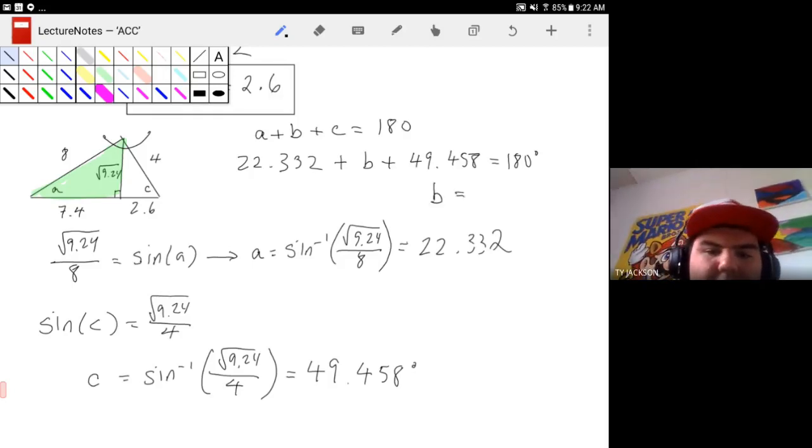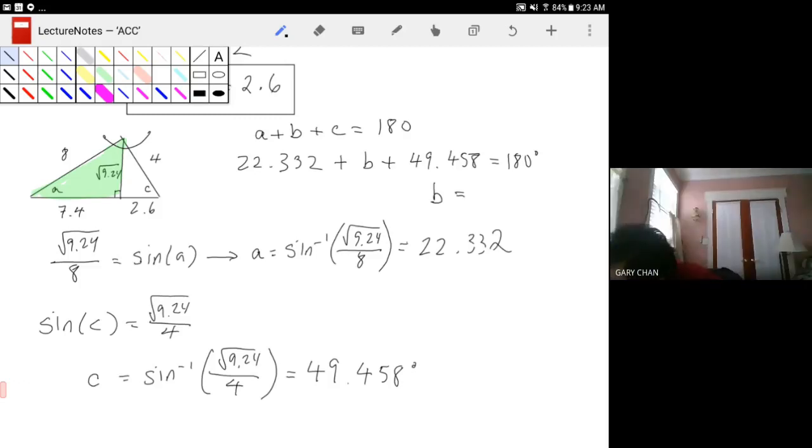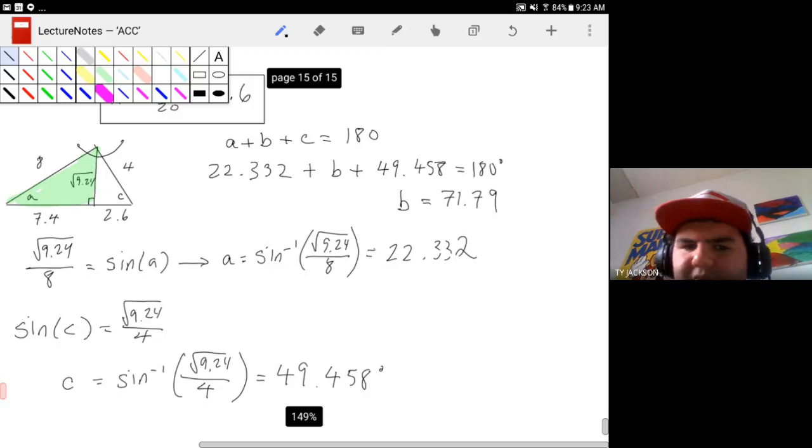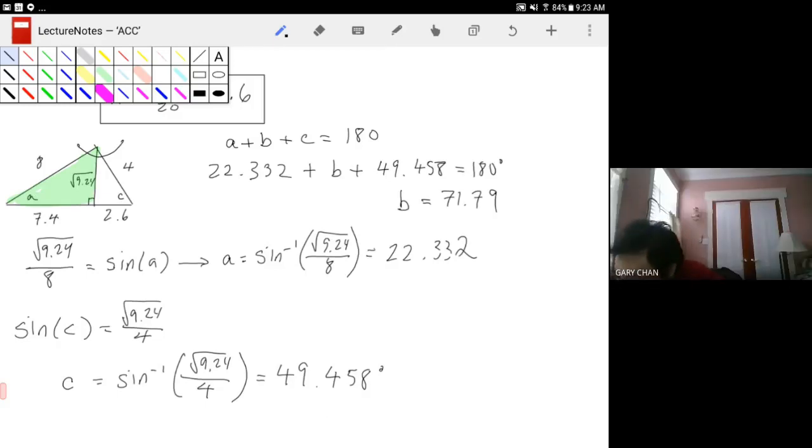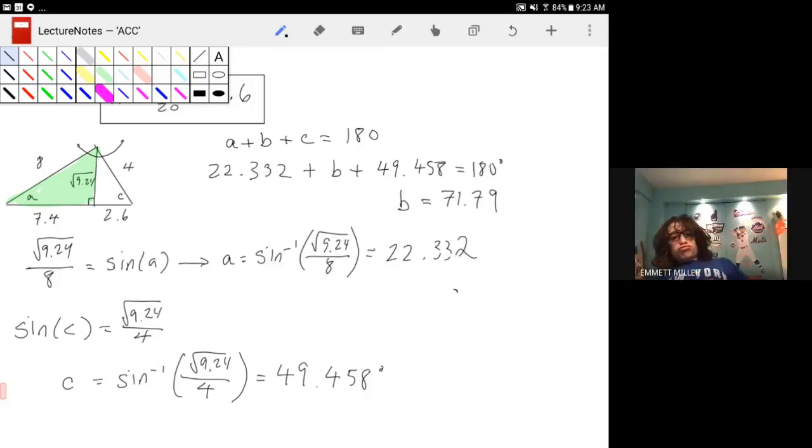Again, 49.458 plus 22.332 is 71.79. There's no thousands place. Okay. So in the original problem, what did I say, Sawyer, to round to? The nearest tenth. So now at this point, we're going to round to the nearest tenth. So our final answer for angle A is